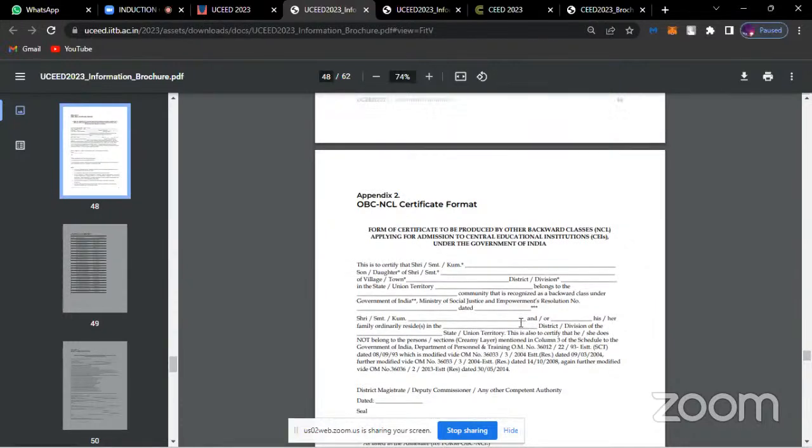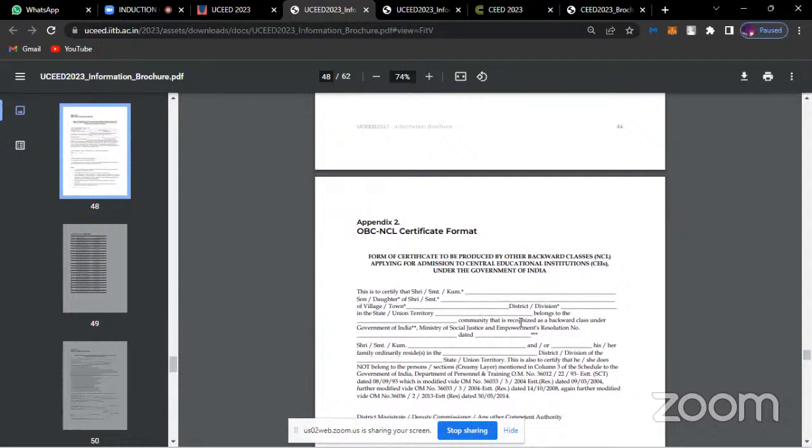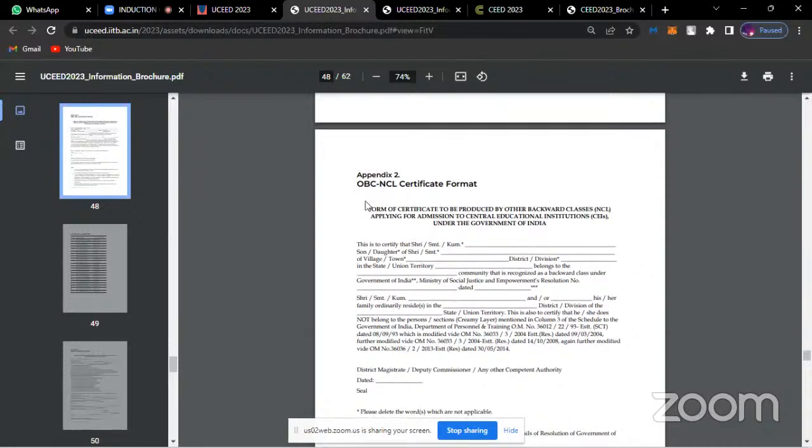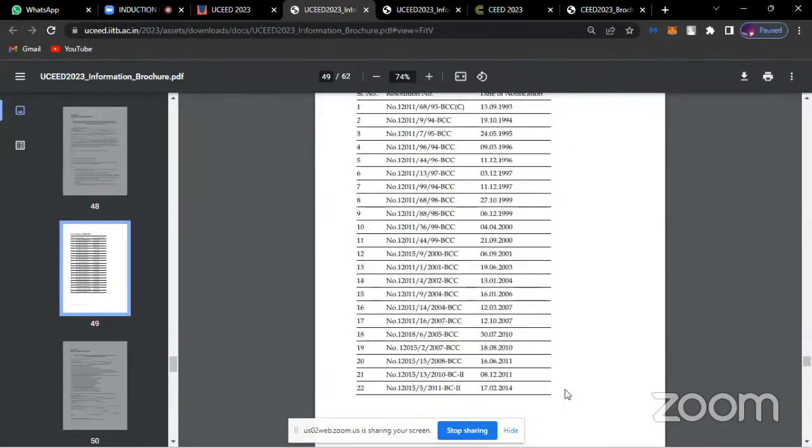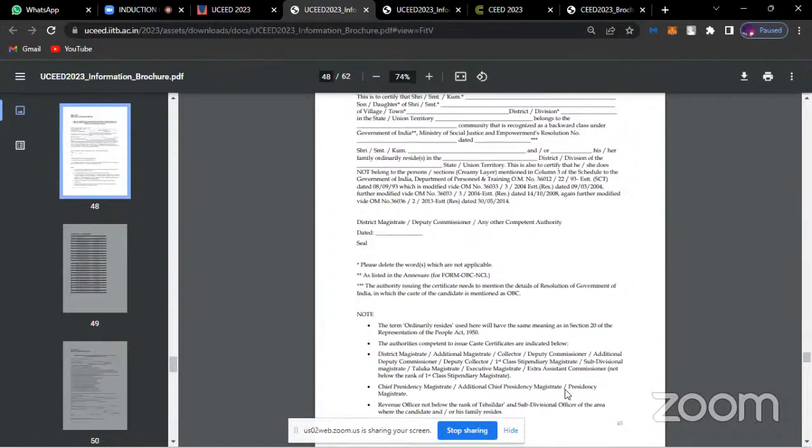I'm saying once again, after April 2022, because every year the list of reserve categories changes. So you should be aware, or your family should be aware, of exactly whether you are falling under any reserve category right now or not. Be very much aware just in case you are filling up the form incorrectly.